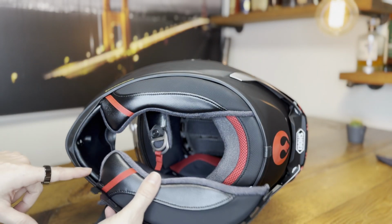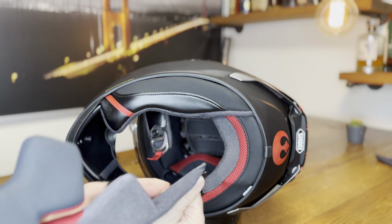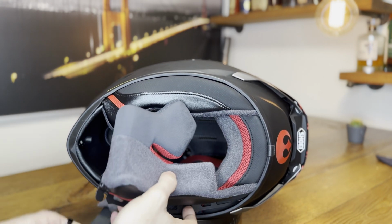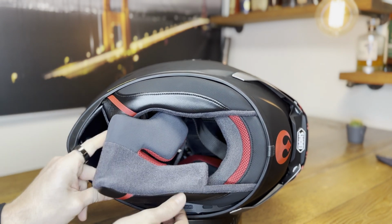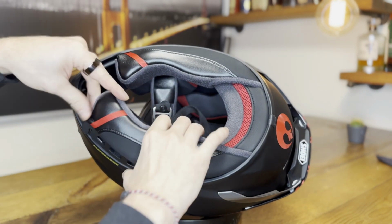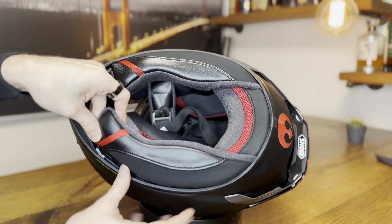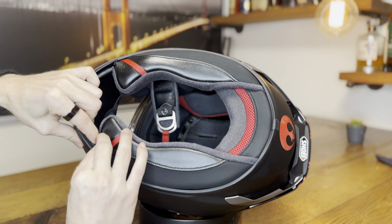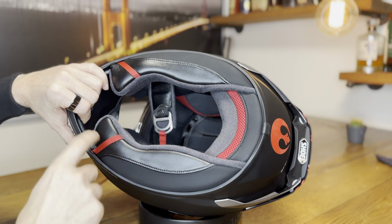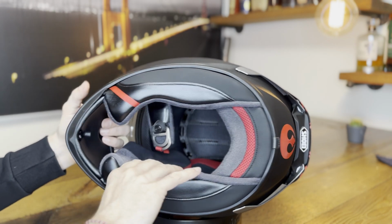Nothing changed. Red tab to the chin, and we always start with this little hook in the end. Make sure that's all the way in. Get the strap out of the way. And here again, we align this hole with the white tab. Push it in until you feel the clunk. Chin strap all the way through. And now again,